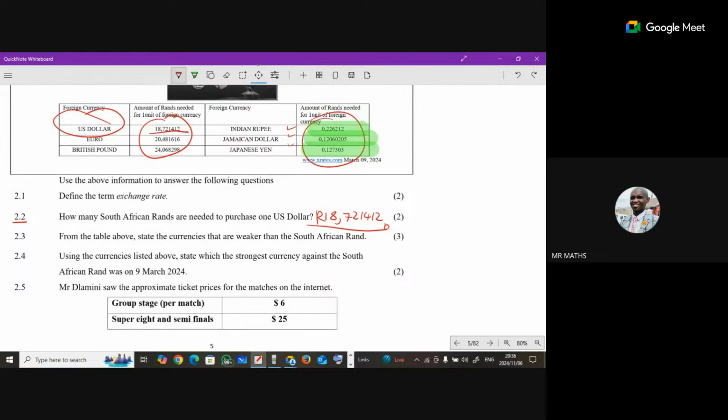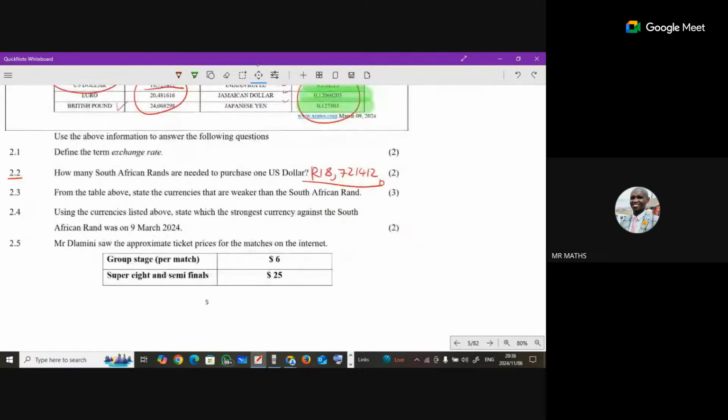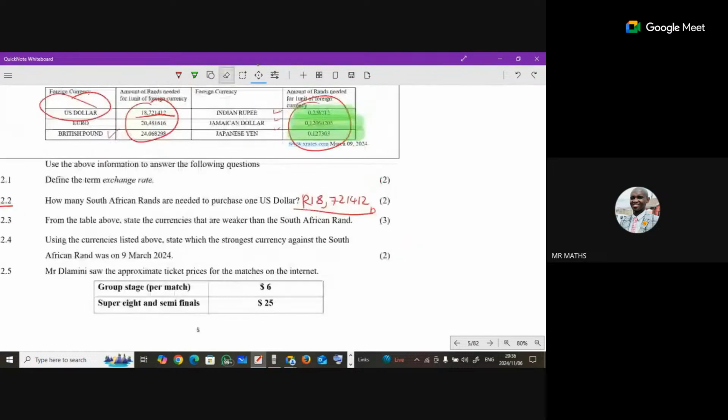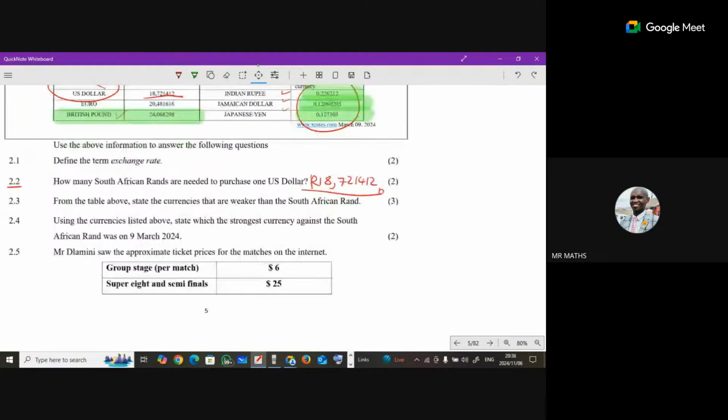Yes, you are correct. British pound is there because how much is the British pound? British pound is 24.68298 rands. Okay. Then we move on to